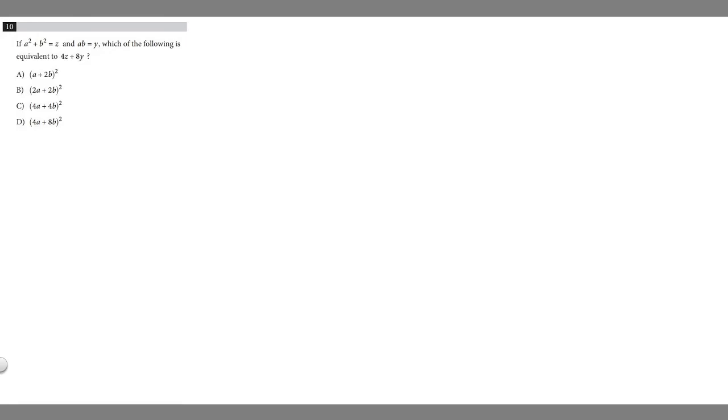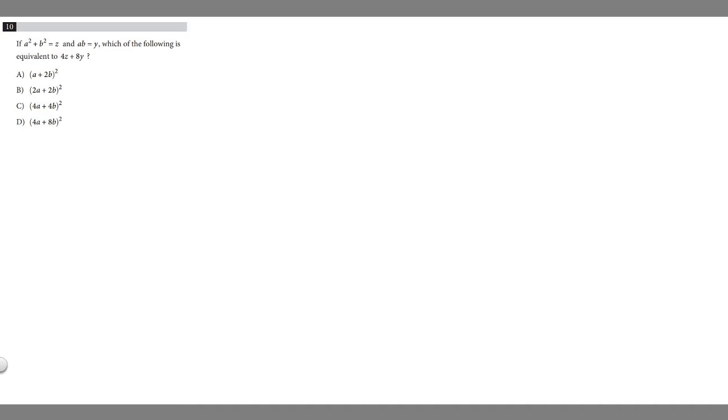So in this problem, we're told that if a squared plus b squared equals z and a times b equals y, which of the following is equivalent to 4z plus 8y? And so we're given these options, but what we want to recognize is that they give us what z is and what y is. So basically, we just want to take these and plug them in, or substitute them in